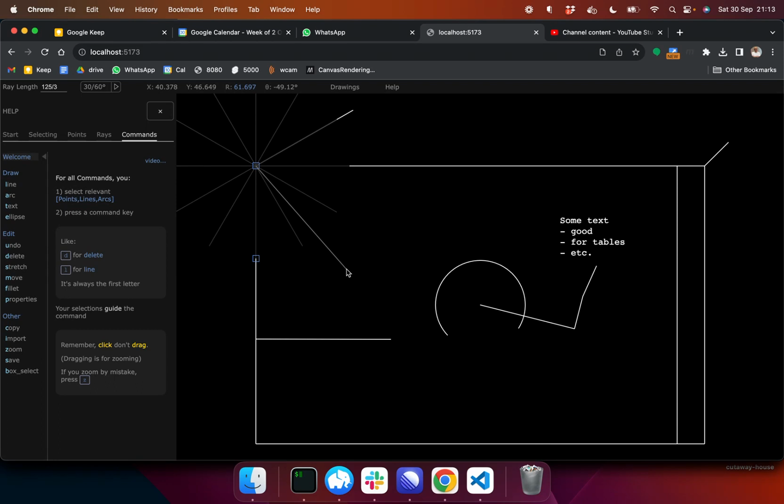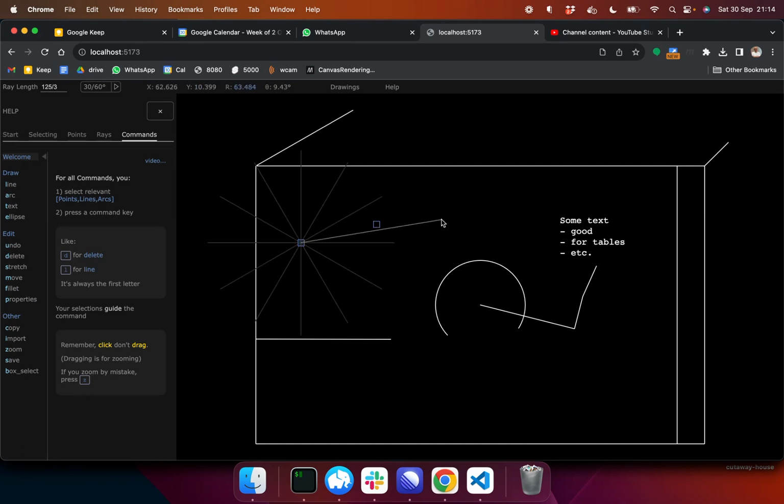So let's talk about commands. The general principle is that you select things and then you issue the command just by pressing a key, and the key is always the first letter of the name. L for line, A for arc, D for delete, U for undo, and so on. And you can see them down here. So let me show you. You've already seen point, L for line,